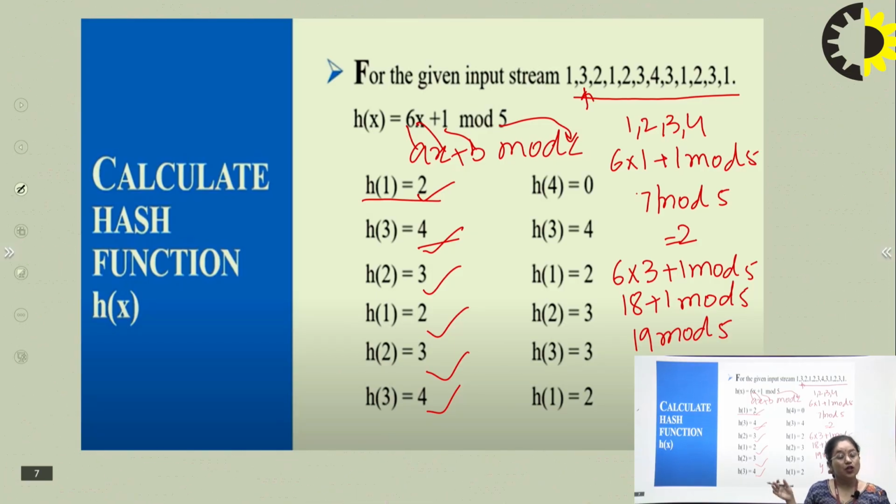But when we are getting a huge length of string, then we need an algorithm to count the number of distinct elements. We are not talking about only a length of 20 or 10 elements. We are talking about the data stream, okay, so there is a huge number of elements in that. It may be lakhs or anything, millions, billions, it can be anything at a time. So for that we cannot count with our bare eyes, right? So we need an algorithm. For that we are using the FM algorithm.